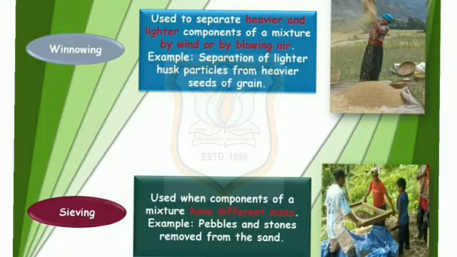Dear students, in our textbook, activity 3 has been shown on page number 37. Make a mixture of dry sand with sawdust or powdered dry leaves. Keep this mixture on a plate or a newspaper. Look at the mixture carefully. Can the two different components be made out easily? Are the sizes of the particles of the two components similar? Would it be possible to separate these components by the hand picking method of separation?